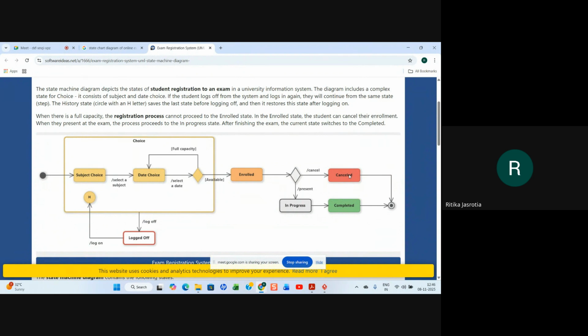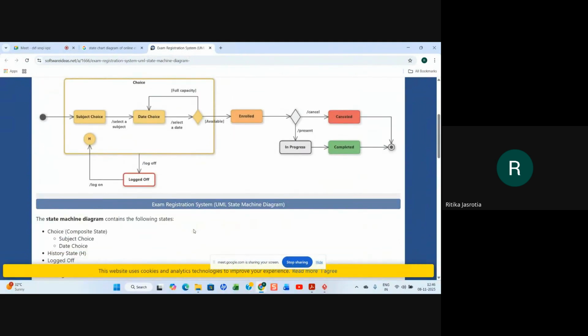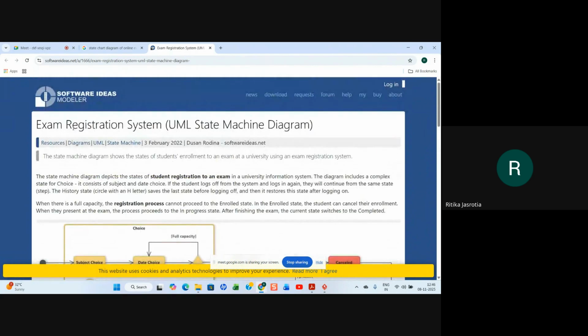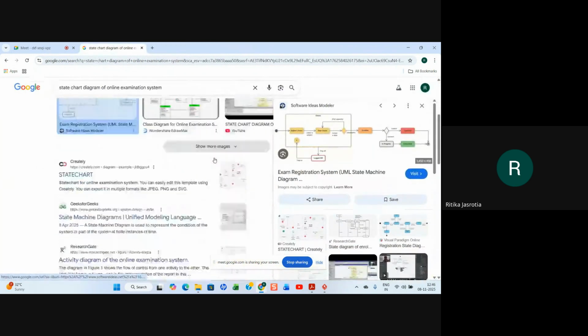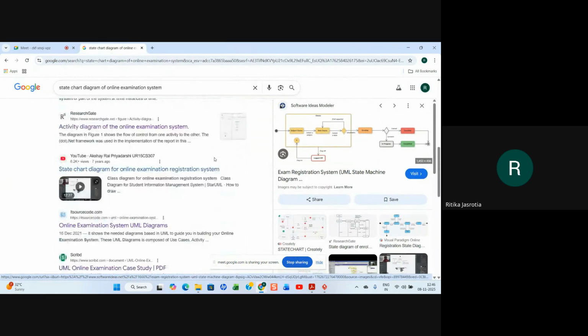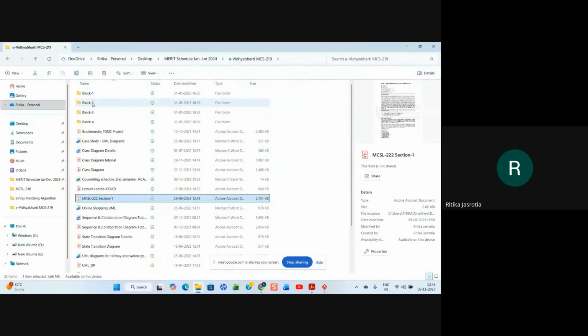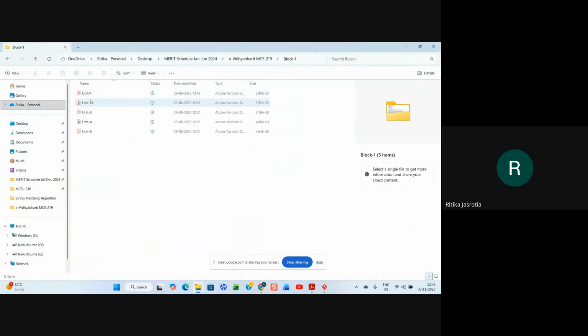And if you want to cancel the exam, you will cancel and stop, right? That kind of a thing they have shown you. So you can apply some of the things which is there in your system accordingly. They have given that kind of a thing in your book. I don't know in which block it is.